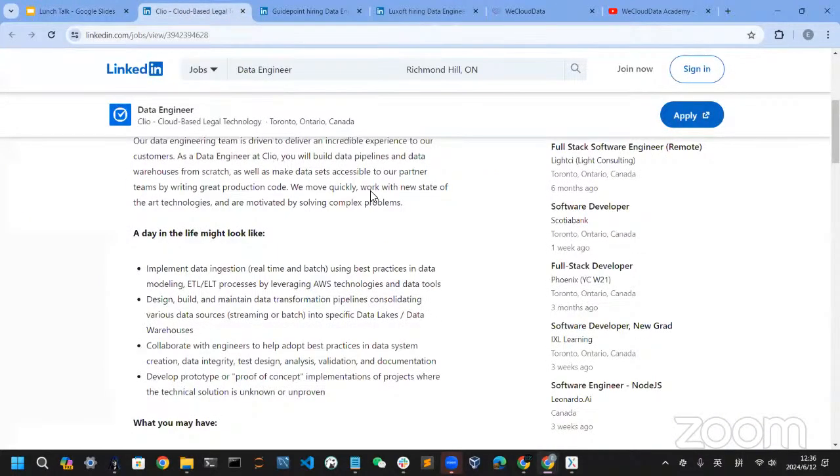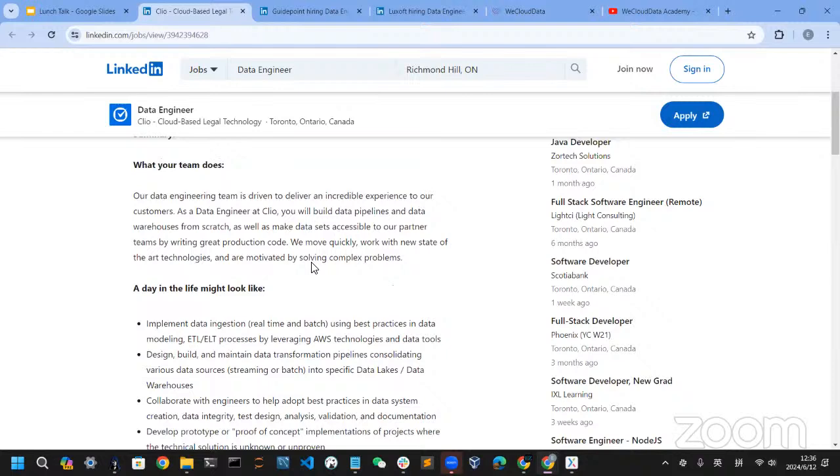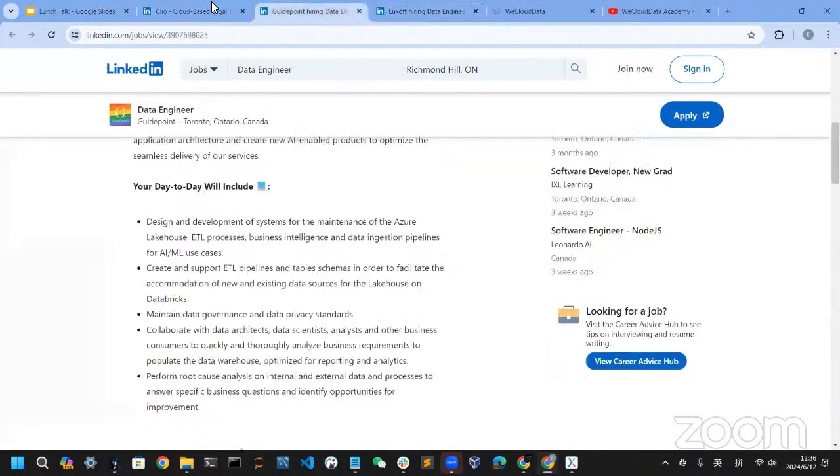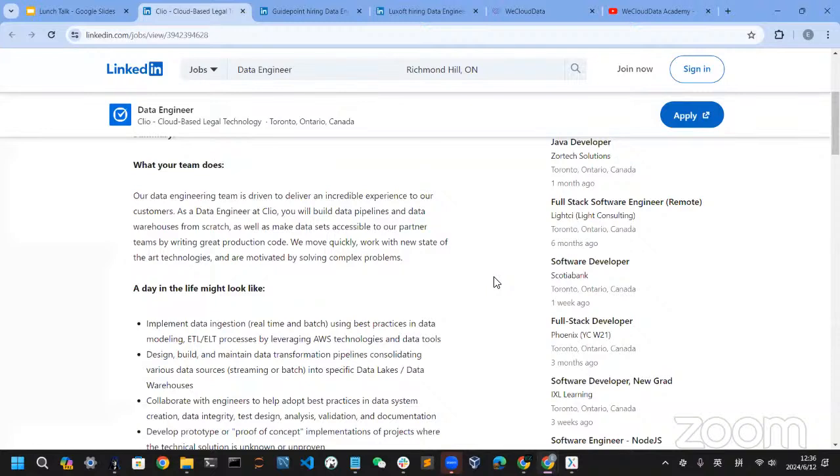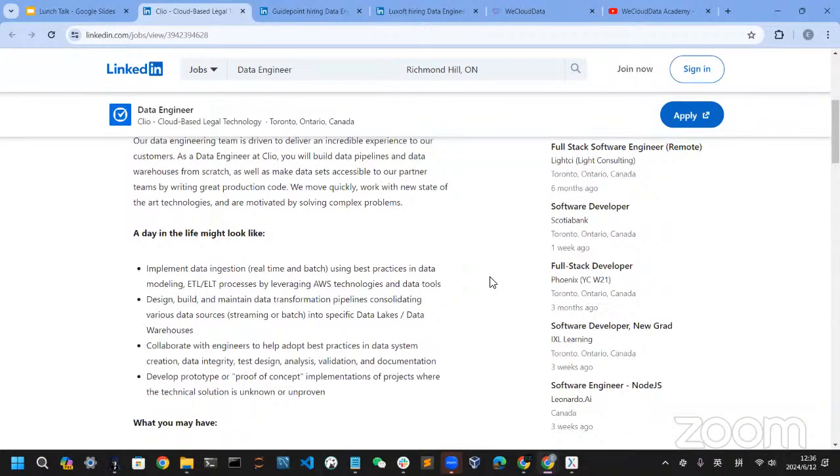Here are three, let's say, typical jobs. Usually you just search data engineer on LinkedIn and you will find different data engineer jobs. I picked out three typical data engineer descriptions so you can see what they require